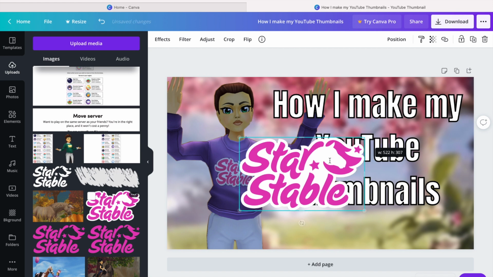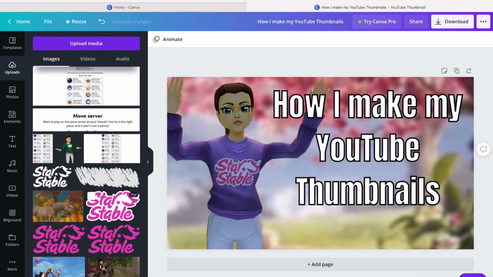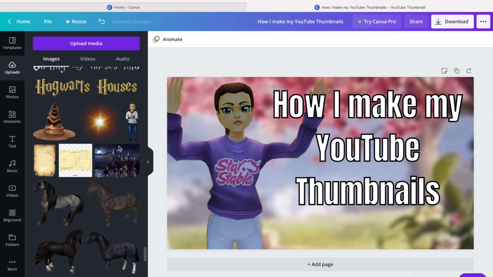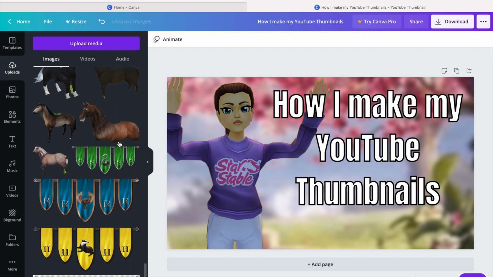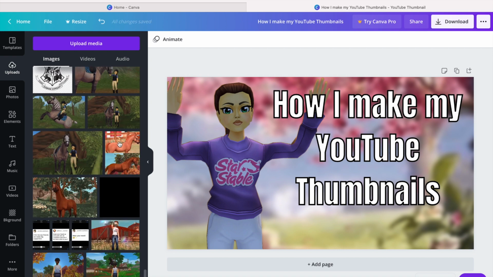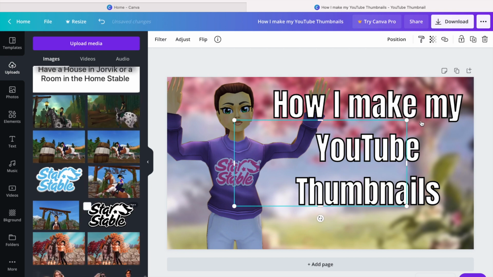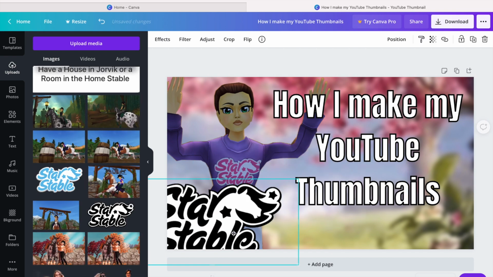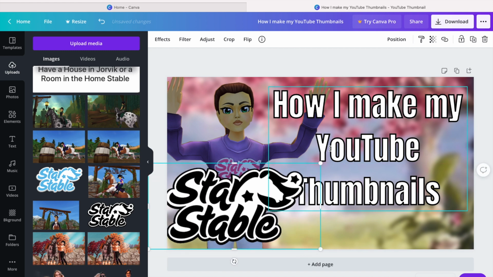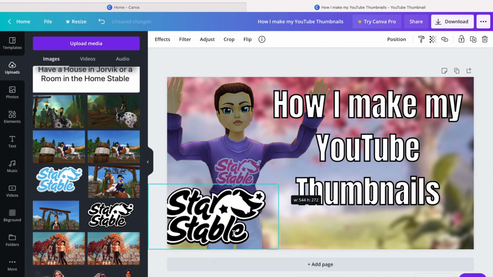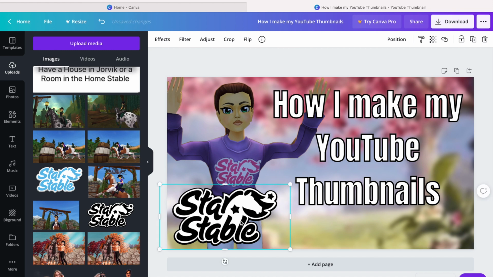So you can shrink it down to whatever size you want, and I'm actually not going to be using that one. I already have a few preloaded into here from very, very old videos, so I just have to scroll around and find it, and then I will insert it. I like to use the black and white one because it matches basically everything that you could ever need it for, and I usually like to put it in the bottom left corner of my videos